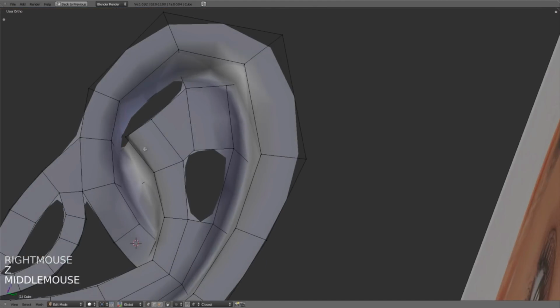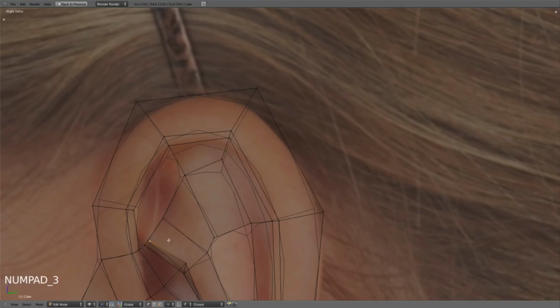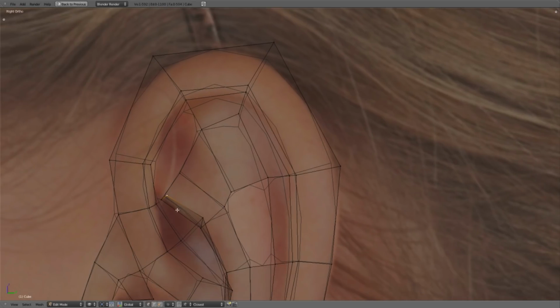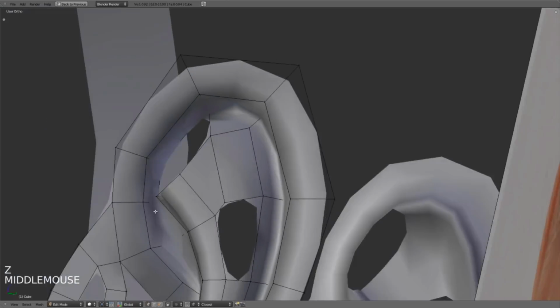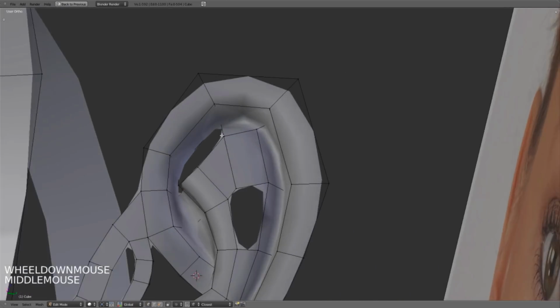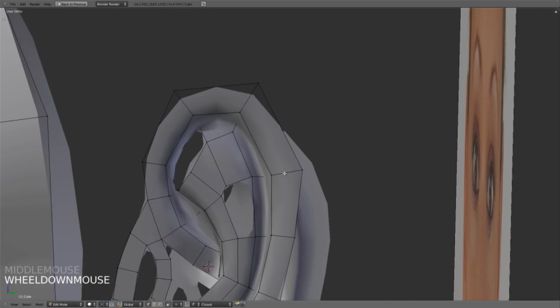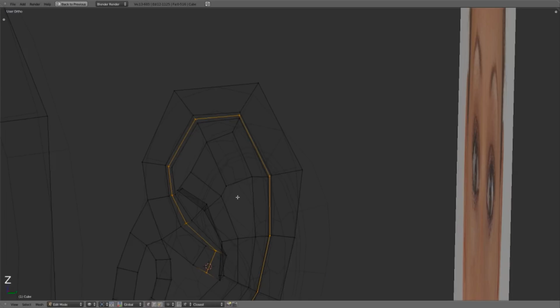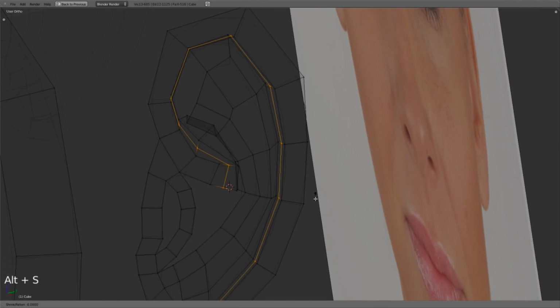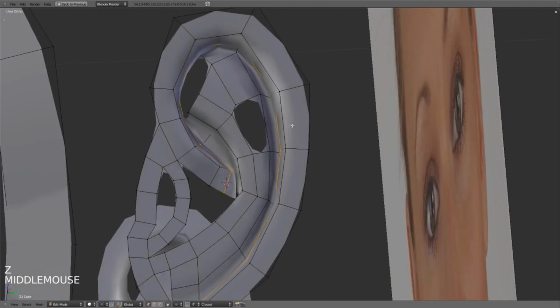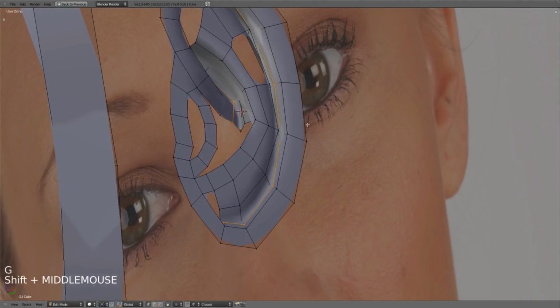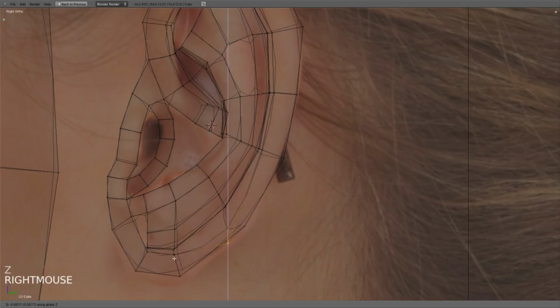But this area right in here is maybe the hardest topological area of the entire ear, because we've got to somehow merge these down to nothing while not disrupting this flow in here. So the way that I'm going to do that is I'm first going to add in another edge loop all the way around, no, not like that, around like this. Okay, and then I'm going to hit Alt-S to bring that out along the normals, which gives me more of a ridge, which then maybe some of these ones I'll select and I can slide them down a